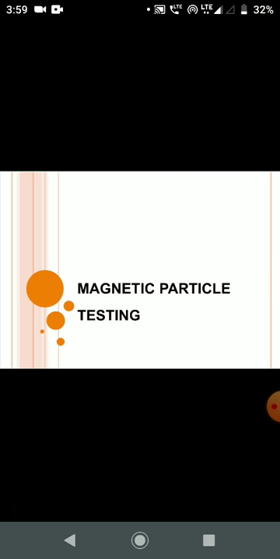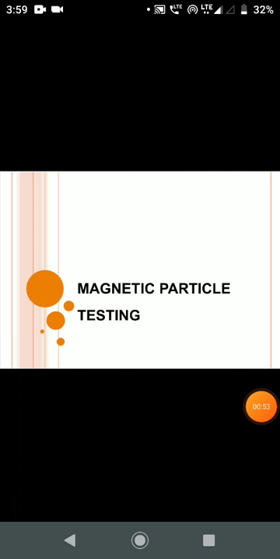So when these NDE methods are used, they can be applied at any stage or life cycle of a component. They assist in product development to screen or sort incoming materials, to monitor, improve or control the manufacturing system. That's why these NDT methods are performed, and to verify proper processing such as treatment, verify proper assembly, and to inspect for in-service damages.